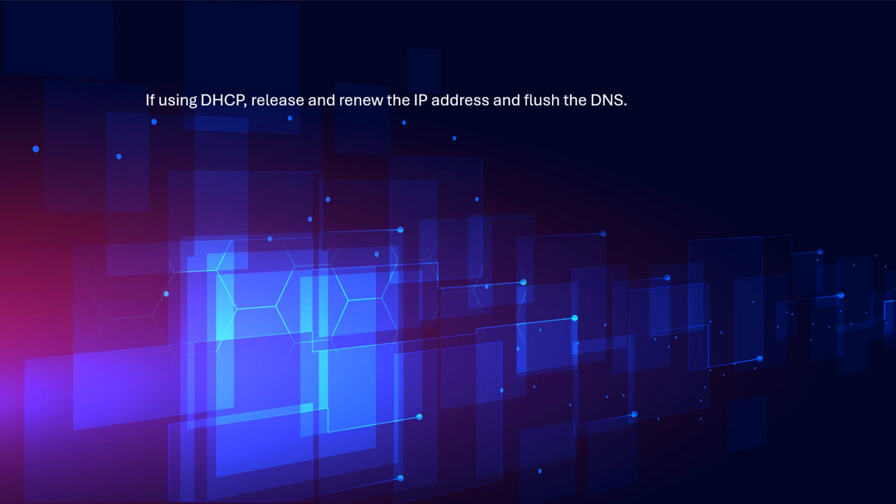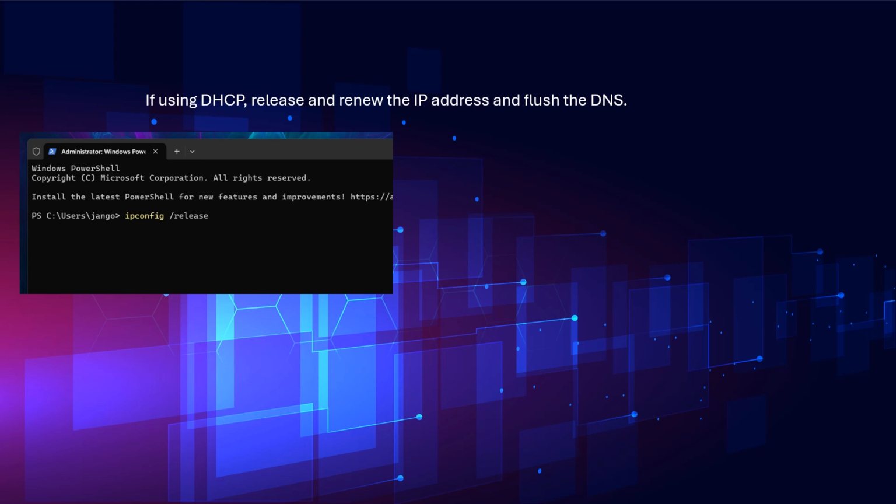If your machine is using DHCP, that's having a dynamic IP address that gets assigned from a pool of addresses that your machine just chooses, what we can do is get a new DHCP address. And one of the things you'd use for that would be the command line. You'd go into CMD and you would type in ipconfig,